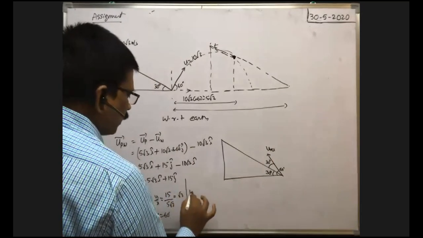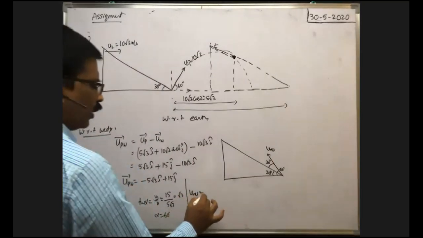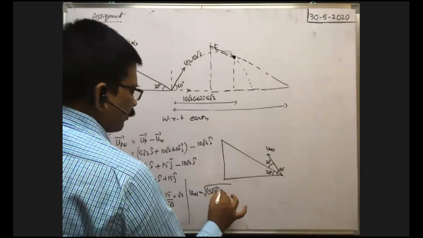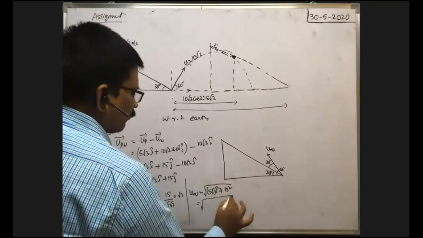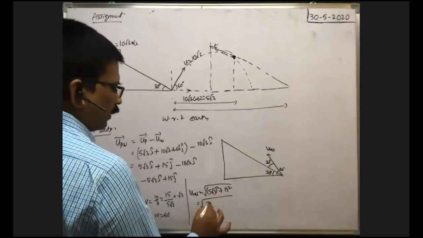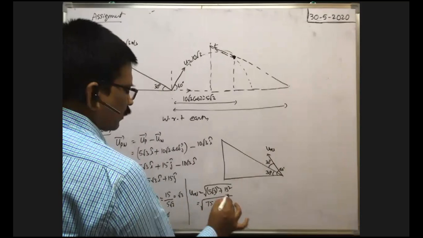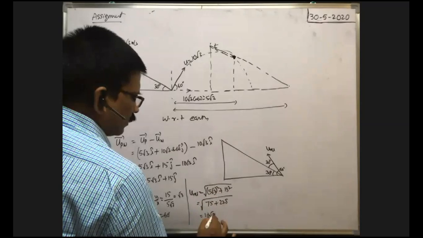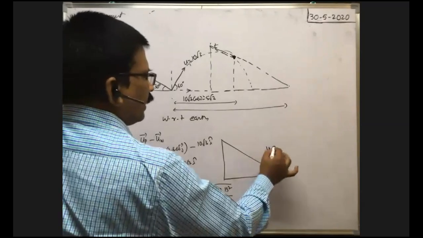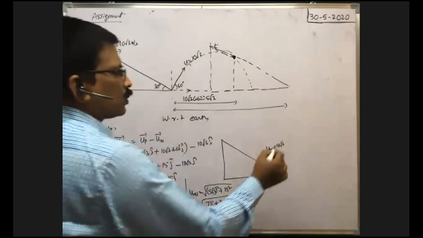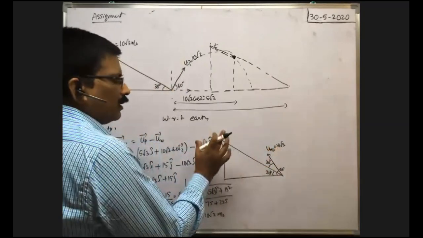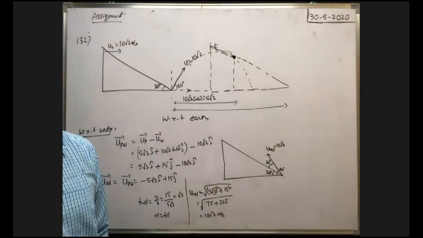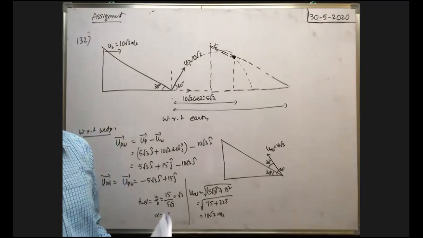Therefore what is the magnitude of relative velocity? U relative is equal to square root of this square plus this square, 5 root 3 whole square plus 15 square. That is equal to square root of 75 plus 225, that means 300, that means 10 root 3. 10 root 3 meter per second is the relative velocity with respect to wedge. So when relative velocity is considered, we can imagine the inclined plane is at rest, wedge is at rest. Okay, we'll complete. 4 seconds is there. Within 4 seconds, we'll complete.